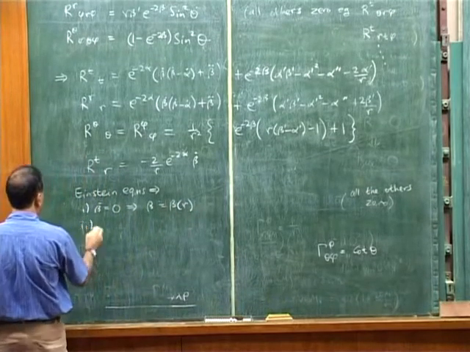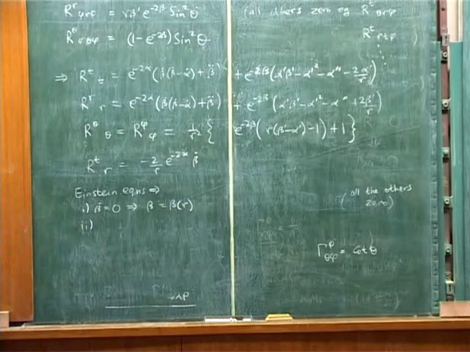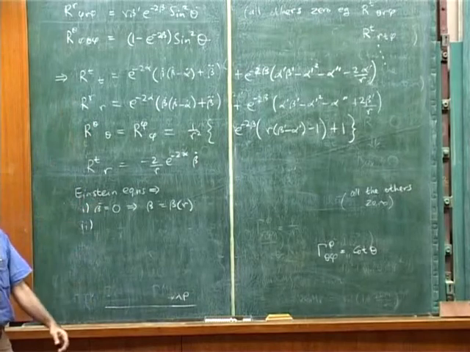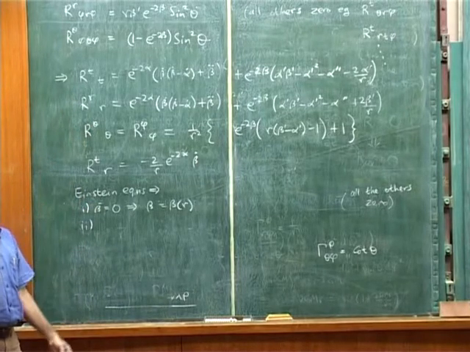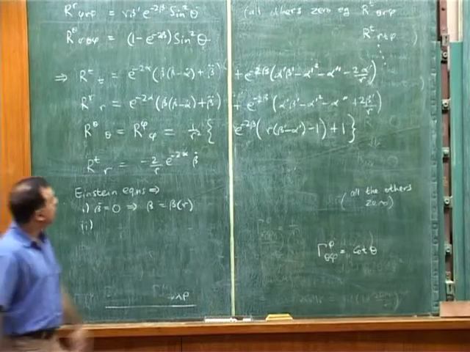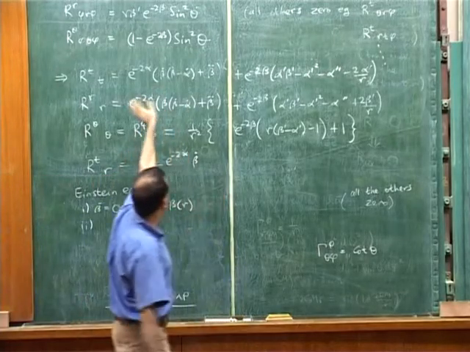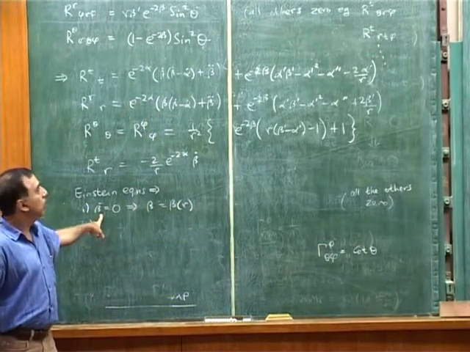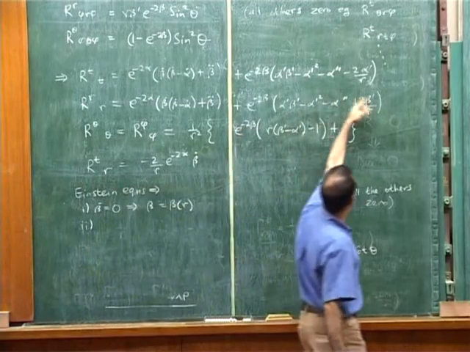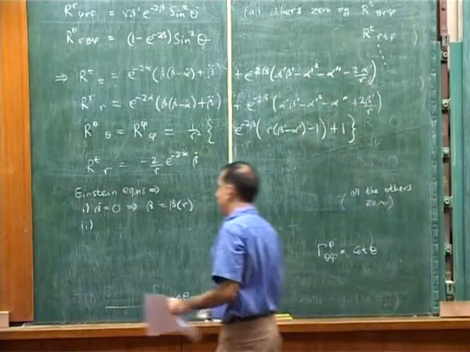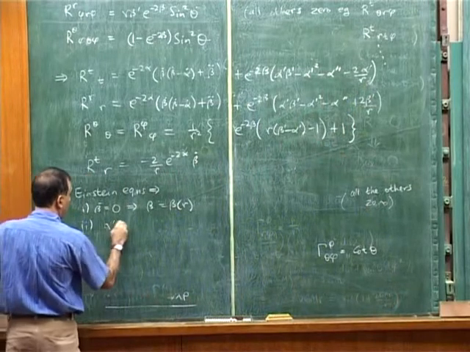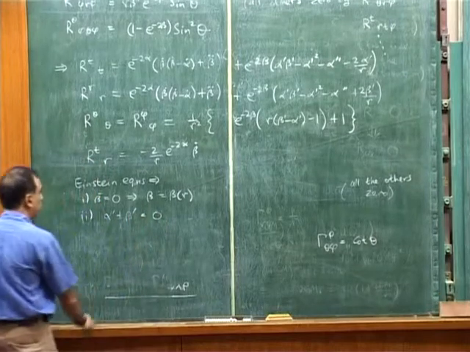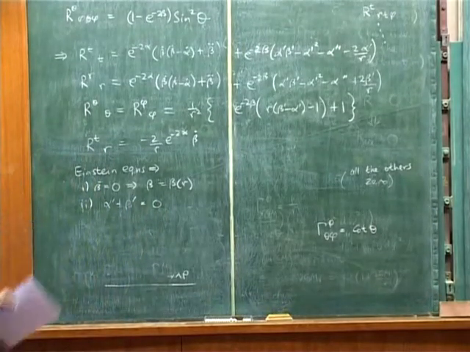Okay, now it's up to us how we proceed with the others, but what I'll suggest is take these two, TT and RR, and let's subtract them and put that difference to 0. Of course, each is 0. But the difference is also 0, and the difference is great because all this junk disappears. Anyway, all this junk has disappeared because beta dot is 0. We've just established that. But also most of this junk will disappear, and we'll only get alpha prime plus beta prime equals 0. Okay, that's a nice equation.